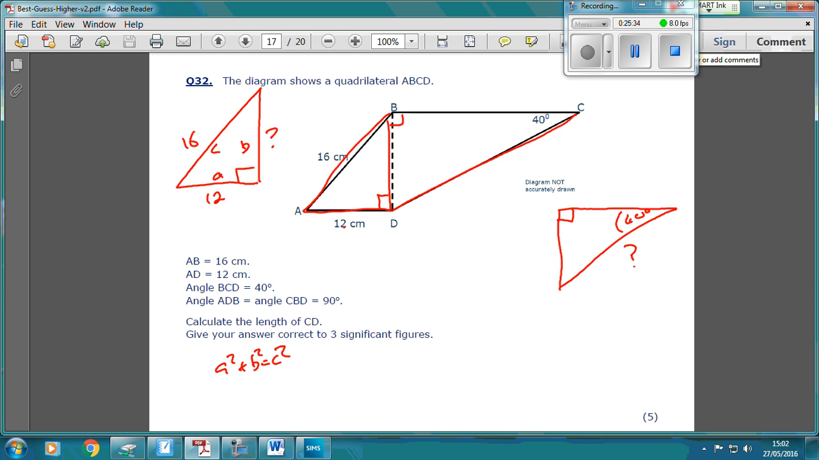So if we do a squared plus b squared equals c squared, then we write in the information that we know. So 12 squared is going to be 144. B squared we don't know, so we still keep it there. C squared is going to be 16 times 16, which is 256. Now, if we've got to find one of the shorter sides in Pythagoras, we take away. So b squared is 256 take away 144, which is 112. Then to figure out what b is, we do the square root of 112,